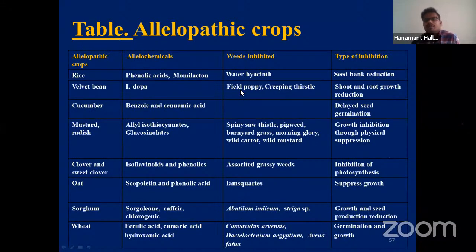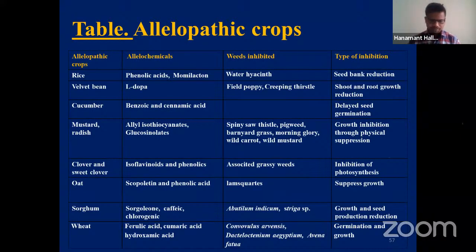Through this chemical we can inhibit weeds such as field poppy and creeping thistle, mainly by shoot and root growth reduction. Similarly, in case of cucumber, the yellow chemicals like benzoic and cinnamic acid inhibit mainly by delayed seed germination. Then in case of mustard or radish, yellow chemicals such as allyl isothiocyanates and glucosinolates inhibit weeds such as spiny thistle, pigweed, banana grass, morning glory, white carrot and wild mustard by growth inhibition through